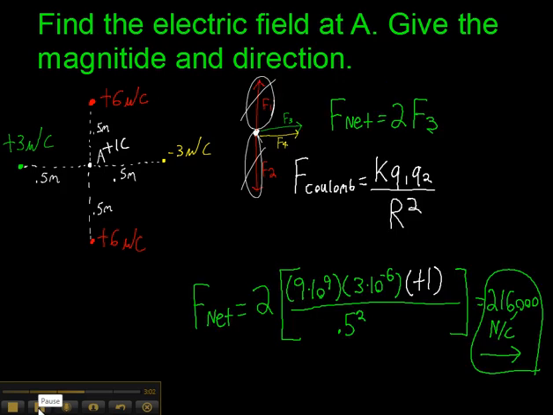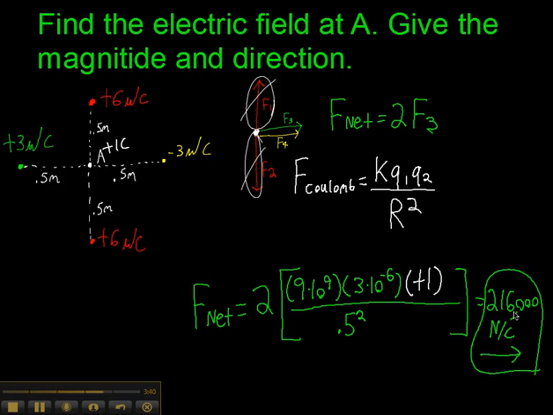Okay, so if the net force is simply 2 times the repulsion force from the green one here, then to calculate that, we just use this formula that the Coulomb force between 2 charges is K times the first charge times the second charge divided by R squared. And K is just 9 times 10 to the 9. And it's really just a matter of throwing those numbers in. So 2 times K times the green charge times our imaginary +1 charge friend, which makes the math nice and easy, over R squared. And you end up with 216,000 newtons per coulomb,